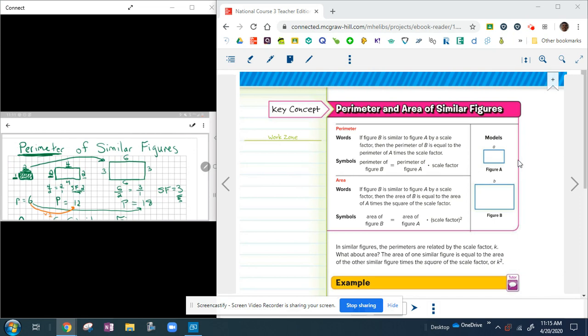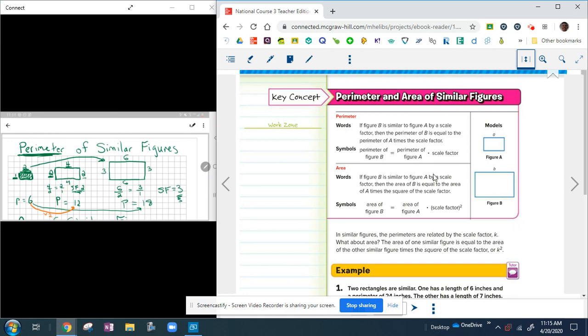And we are going to jump into some problems and see if we can apply what we already know about perimeter and area. All right, so here is the textbook way of describing how a scale factor affects the perimeter and then how a scale factor affects the area of figures. If we jump from that shape to that shape, then we know that if figure B is similar to figure A, so figure A is your starting spot, and B is your ending spot, pre-image and image,